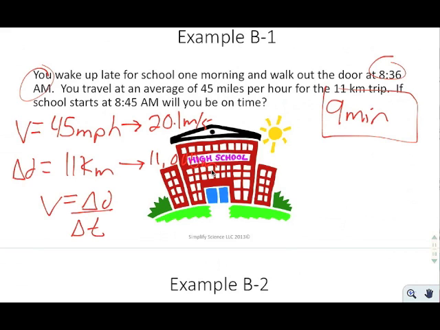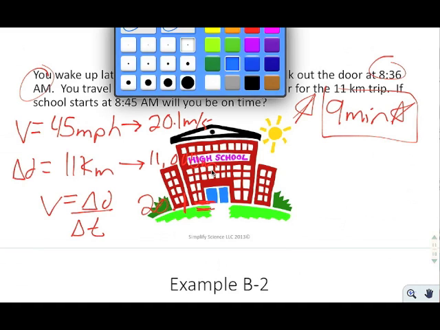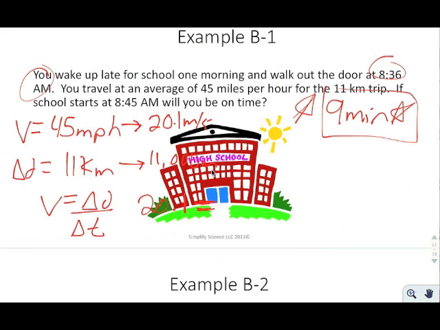And a lot of people say, but I have the time. Yes, but this is the time that we want to compare to see if we're going to be late. So you have 20.1 equals 11,000 over T. Multiply both sides by T, divide both sides by 20.1, and when you do that, the T will cross out